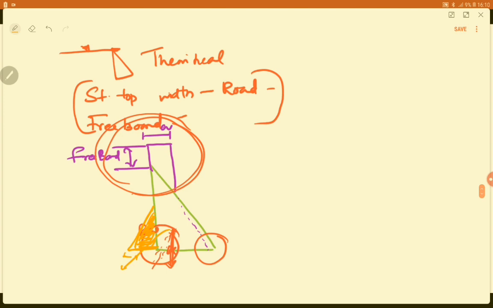So for that, some extra masonry work is provided on the upstream side. That is the practical profile. This completes the practical profile. So you have a roadway at the top, you have to consider the freeboard, and also to make sure that the resultant is well within the B/6 limit, you provide extra masonry on the upstream side. So we'll just draw it again. Here you have the practical profile.